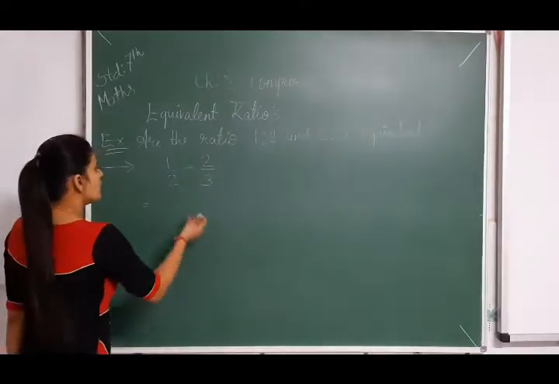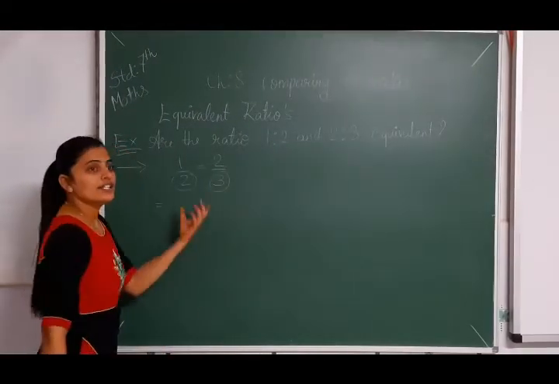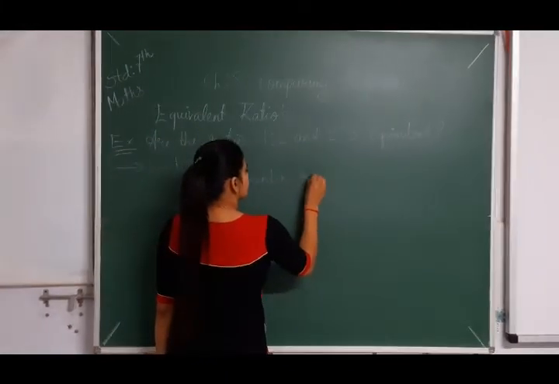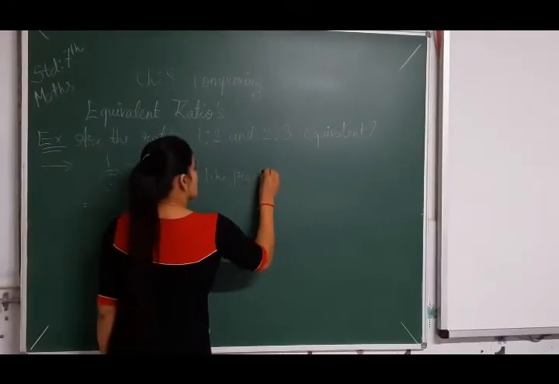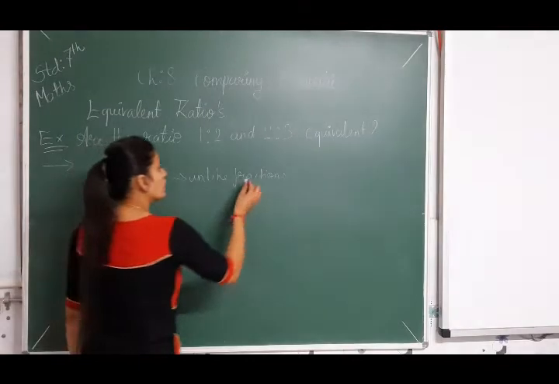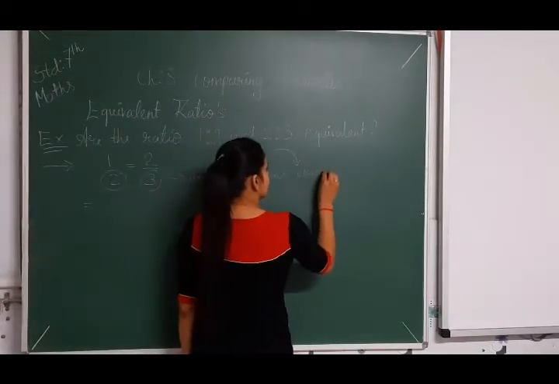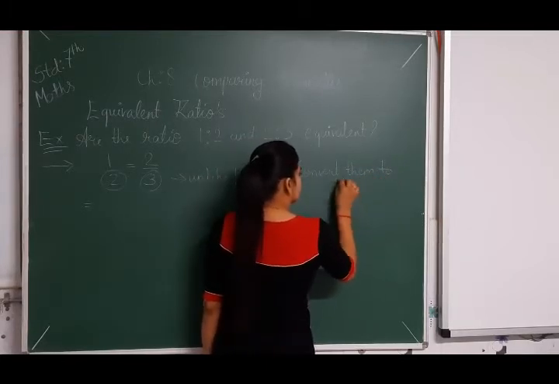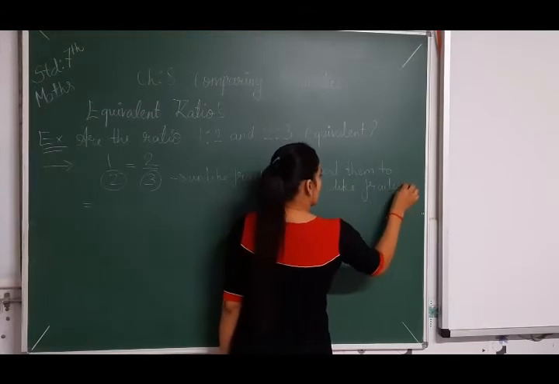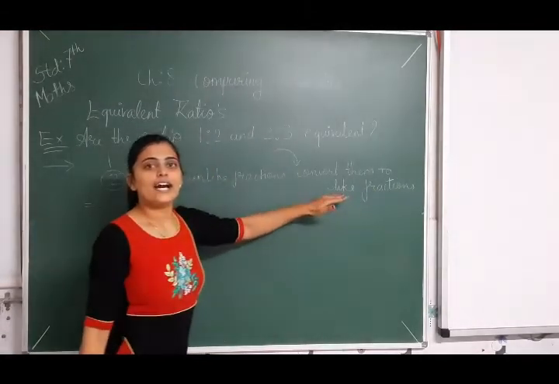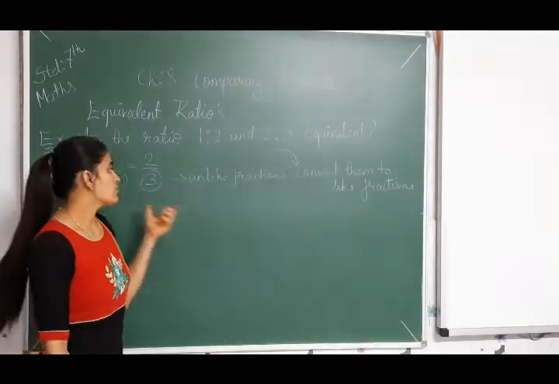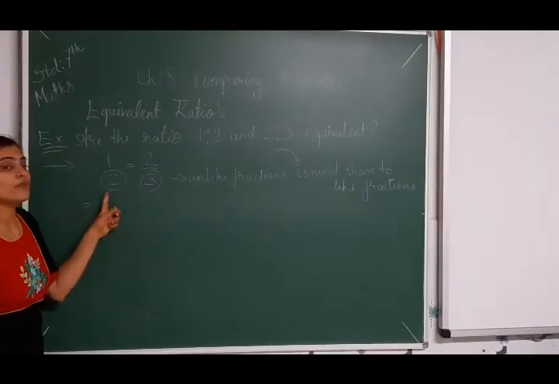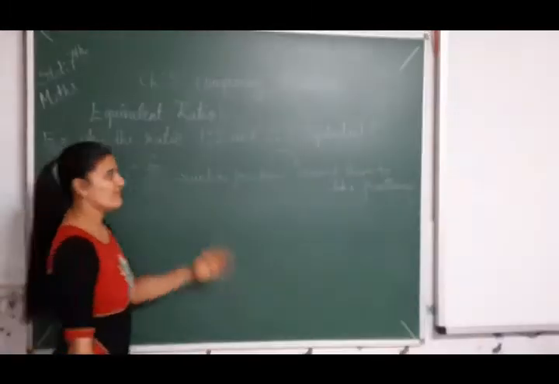Now here you can see that both the denominators are different. So they are unlike fractions. Both of them you have to convert to like fractions. Now for like fractions, our denominators should be the same. So these denominators we have to make the same. How will we make them the same? We have to take the LCM of the denominators, meaning the LCM of 2 and 3.